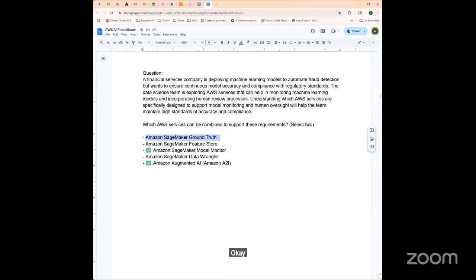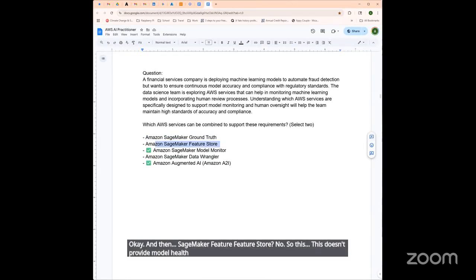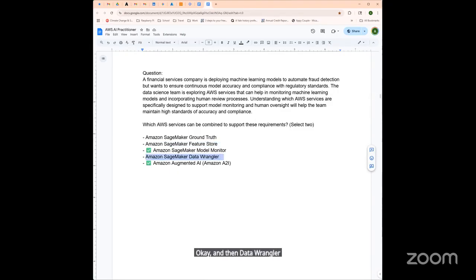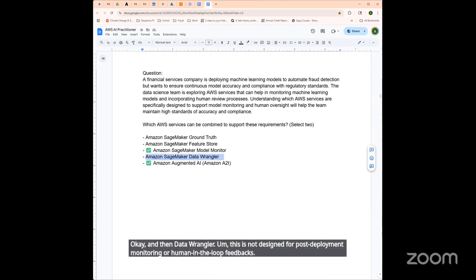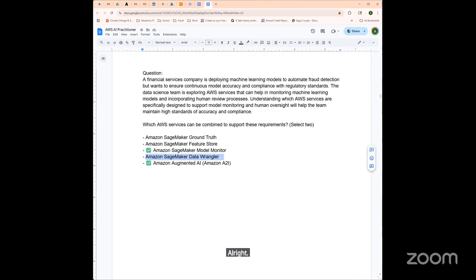And then SageMaker Feature Store, no. This doesn't provide model health monitoring or human feedback loops. And then Data Wrangler. This is not designed for post-deployment monitoring or human in the loop feedback. All right, those would be enough for this section.